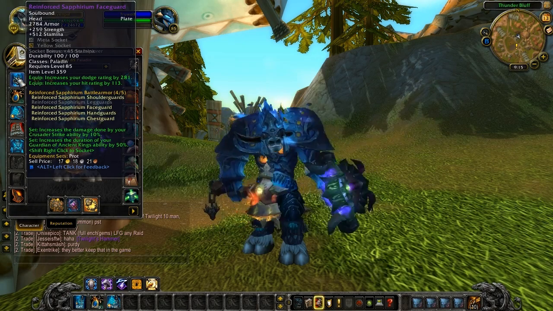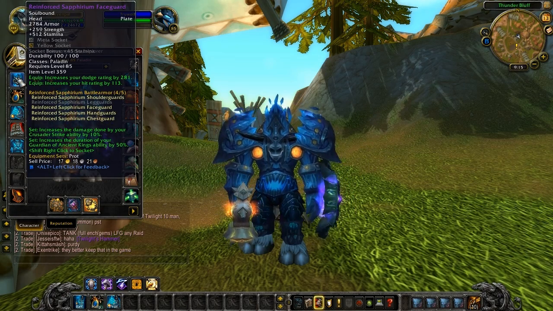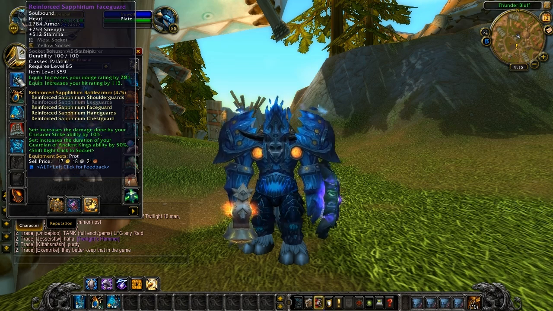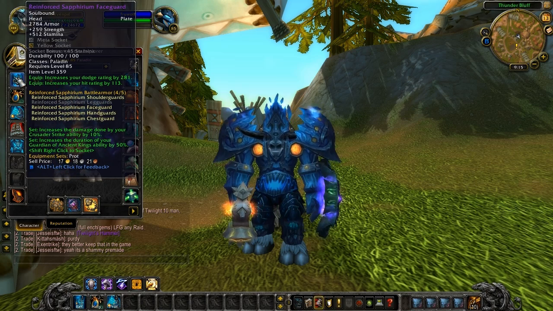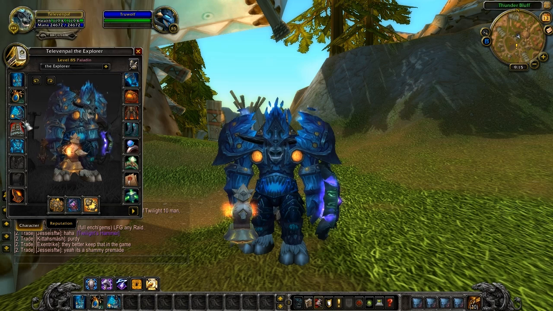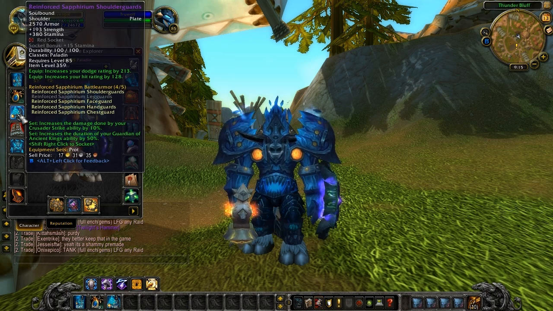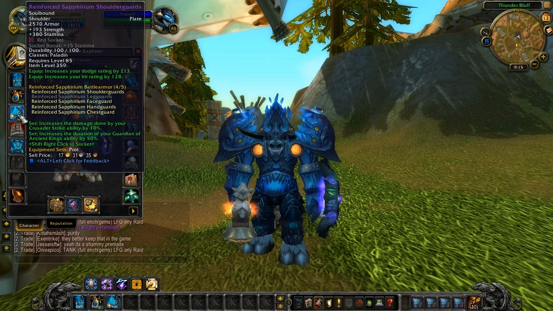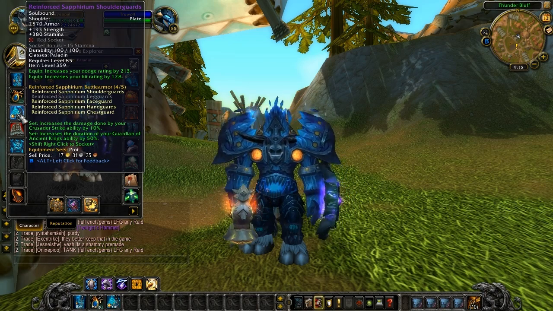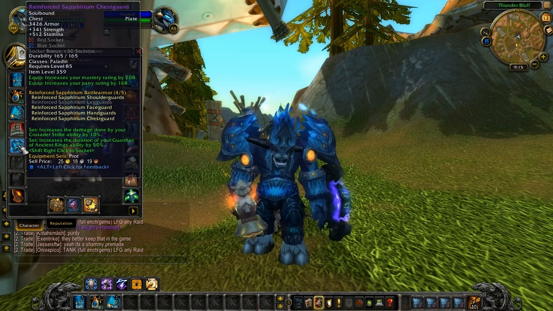Your dodge rating increases by 281 and your hit rating by 113. Your 2-piece set bonus increases the damage done by your Crusader Strike by 10%. And your 4-piece increases the duration of your Guardian of Ancient Kings ability by 50%. The Shoulder Guards, 2570 armor, 193 strength and 380 stamina, a red socket with a plus 15 stamina bonus, 213 dodge and 128 hit. The Chest Guard,